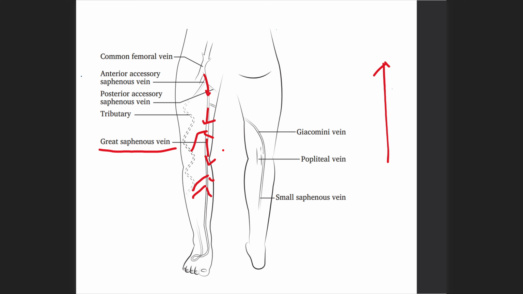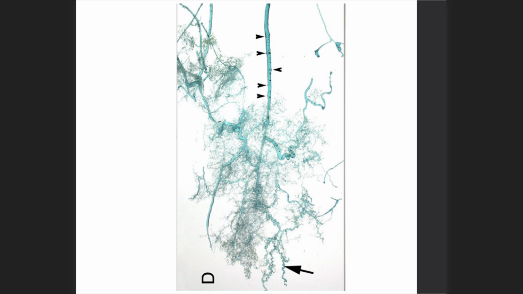Now, there are other veins in the lower leg that can cause issues, particularly the small saphenous vein, and also this anterior accessory saphenous vein can have some problems as well. But by and large, I would say 60 to 80% of first presentations are just due to reflux within the great saphenous vein. Here's a resin mold that was taken of someone's varicose veins, and we can see this really